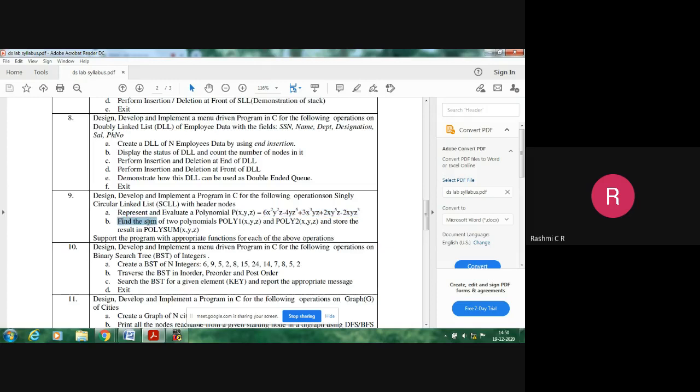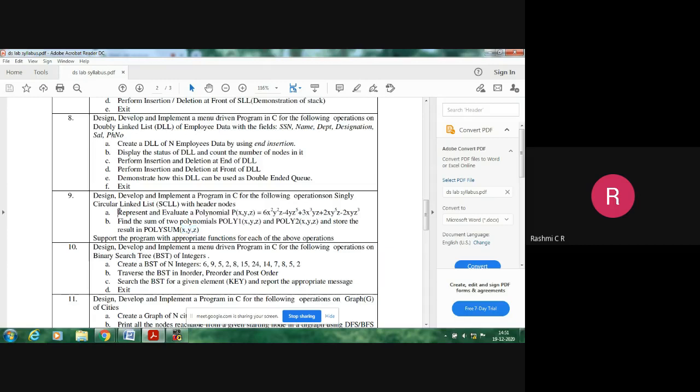The second is to find the sum of two polynomials. You will be given two polynomials, polynomial 1 and polynomial 2, and I have to perform the addition of the two polynomials and store the final result in a variable called polynomial sum. Finally, after doing the addition, definitely you will have three variables because our polynomial contains three variables.